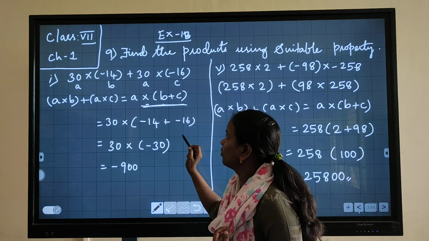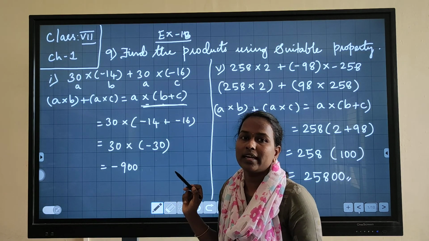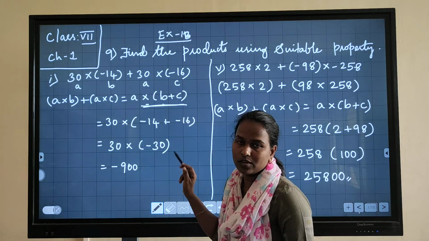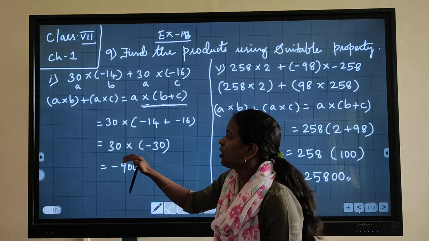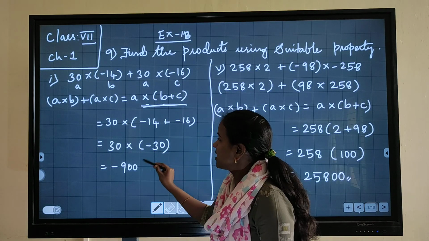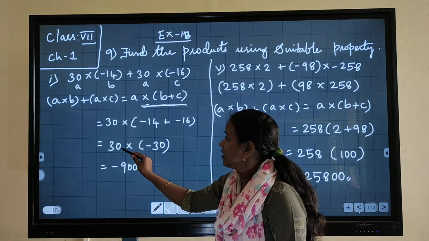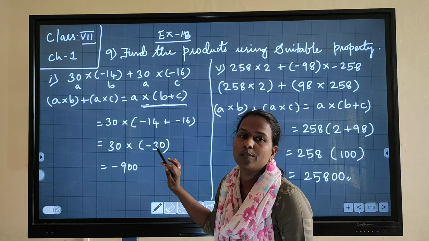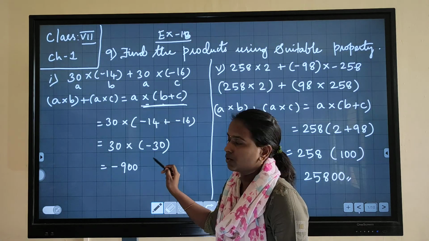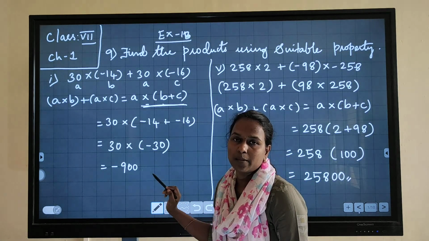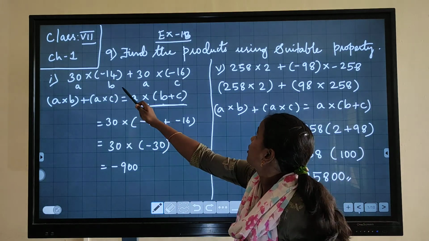So if you add these two, you will get 30. Here also minus, here also minus. If you add two negative numbers, in the answer also you will get negative. You should add that and put the negative sign. So you will get minus 30. Now you have to multiply this. 3 3s are 9. Here plus multiplied by minus, you will get minus. So minus 9, here one 0, here one 0. In multiplication, however many zeros are there at the end, you can add that many zeros. So here one 0, here one 0, totally two zeros. So what is the answer? Minus 900.